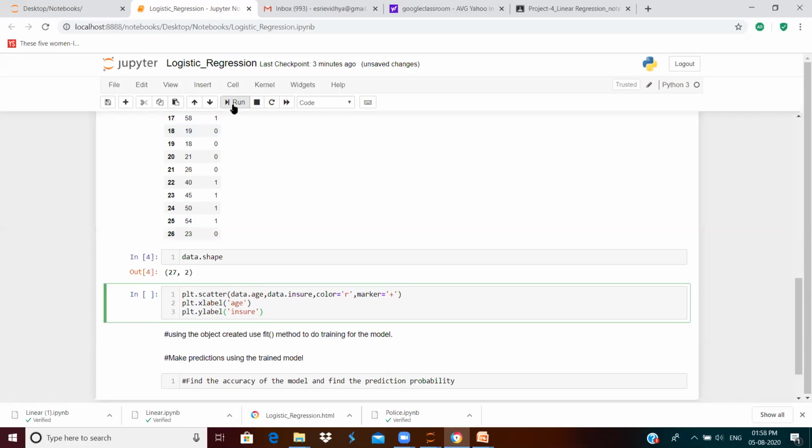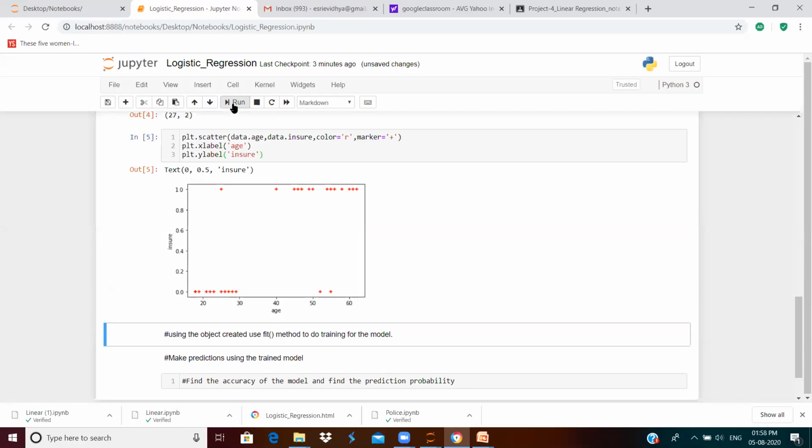Okay, now let us see how it is executing. So this is our data distribution, right? See, from this graph, you can infer that the probability of youngsters to go for an insurance is lesser. You can see a lesser number of data points here, that is from the age 20 to 30.